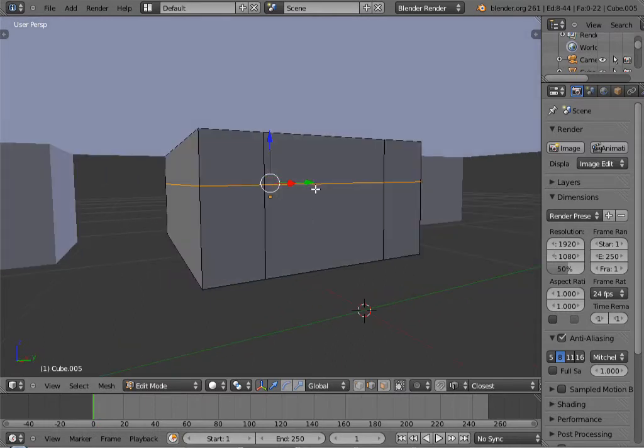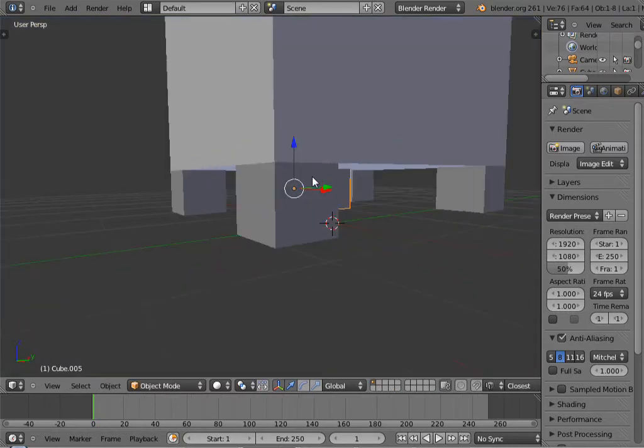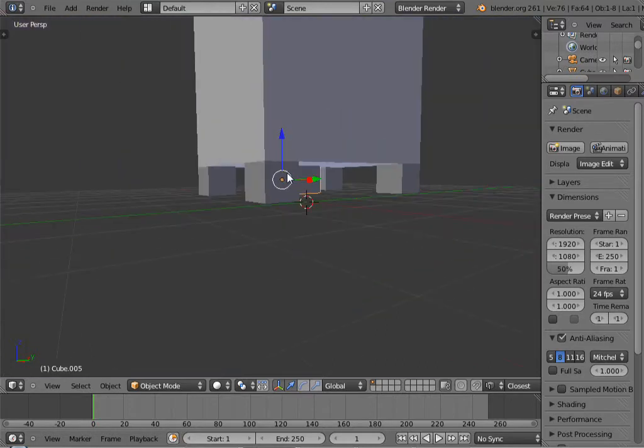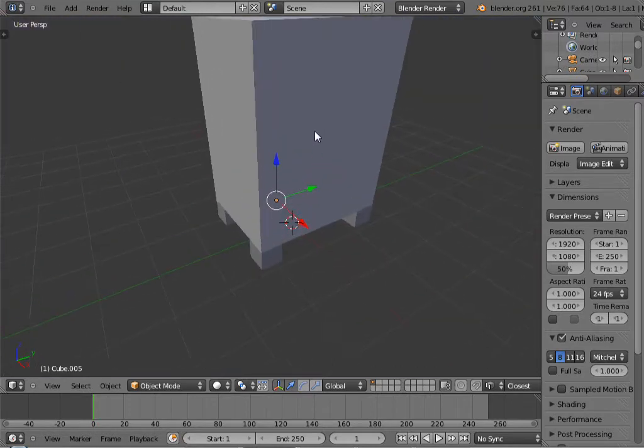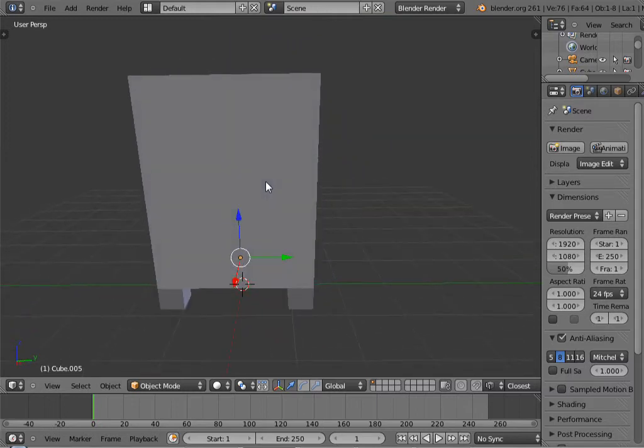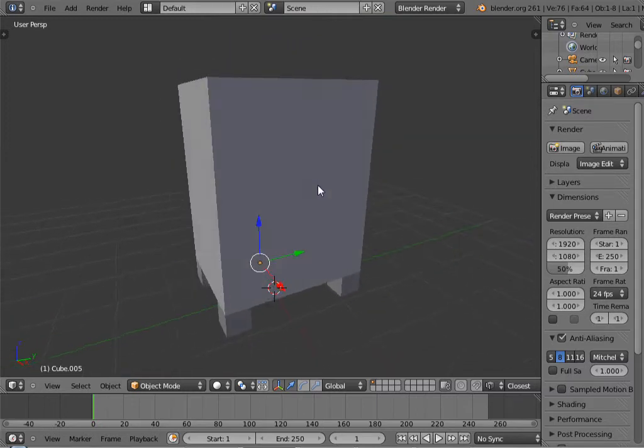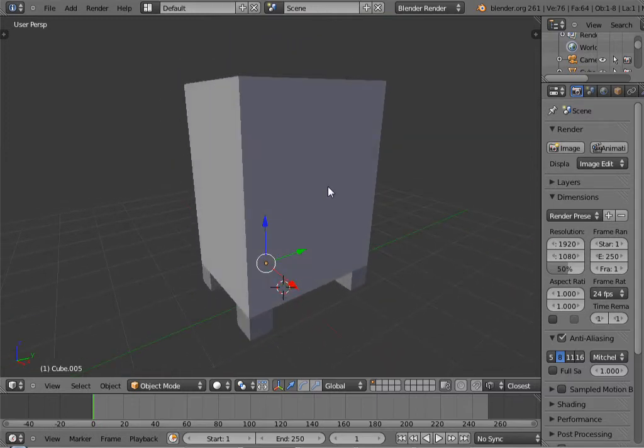So press Tab to go out, and now you can see that all of our efforts seem to be for nothing because you can see no more detail. But in order to see that detail, we're going to have to apply some materials. Now obviously I'm not going to get into a big long thing about materials, but very simply I'm just going